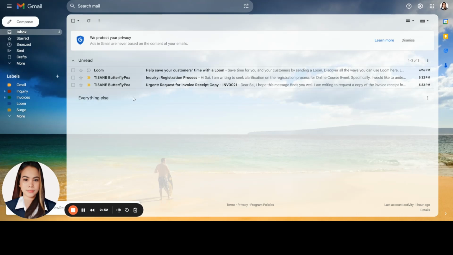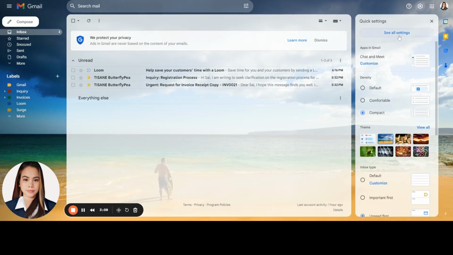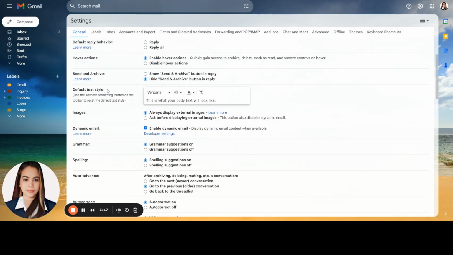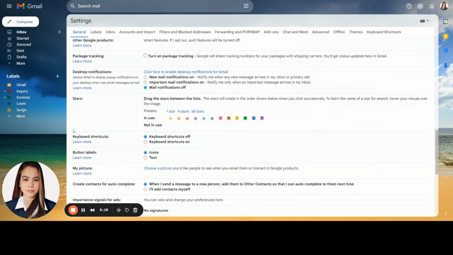After creating a folder label and sub-label, we want to identify which emails are important and which are lower priority. We can use the stars label for these purposes. So how can we check the available stars here in Gmail? First, let's go to settings, then see all settings, and under general we scroll down and look for the stars. So we have here 12 available stars that we can use.